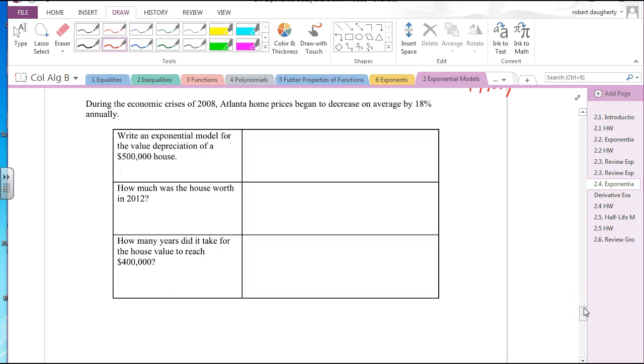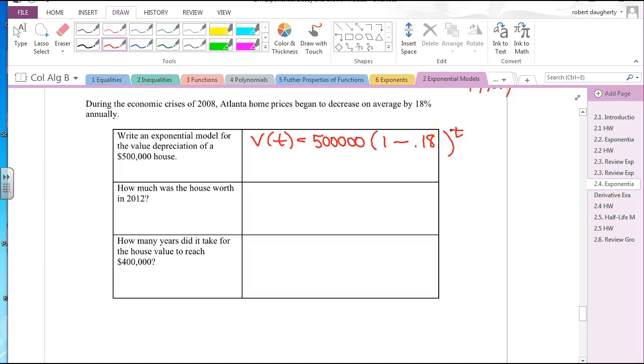During the economic crisis of 2008, Atlanta home prices began to decrease by an average of 18% annually. Write an exponential model for the value depreciation of a $500,000 house. Okay, so let's just say that the value as a function of time. What's the initial value of the house that I'm trying to model? 500,000. So I've got a house that is initially worth 500,000. Is it increasing or decreasing? It's decreasing in value. So I'm going to write it as 1 minus, what's the decrease rate? It's 0.18. So 1 minus 0.18